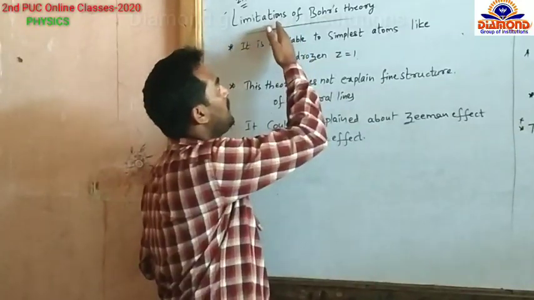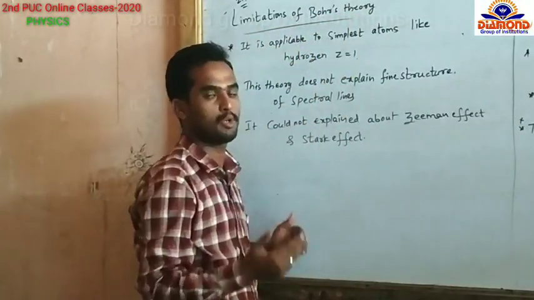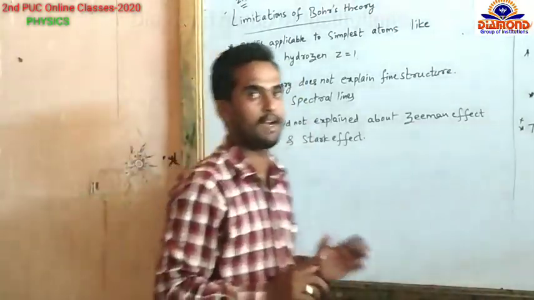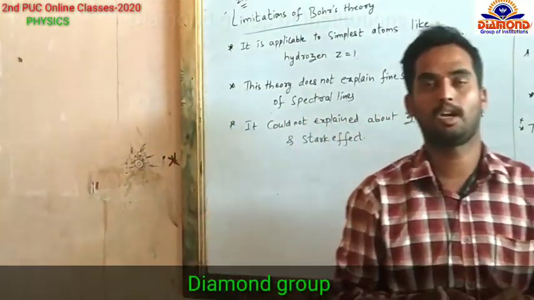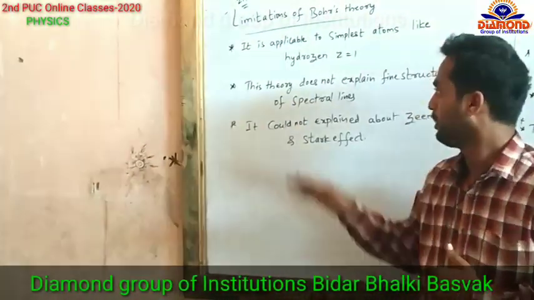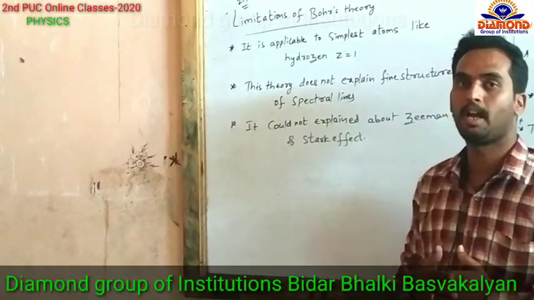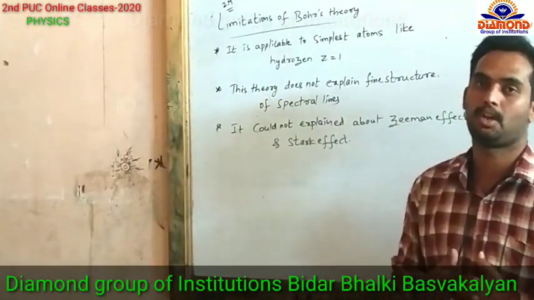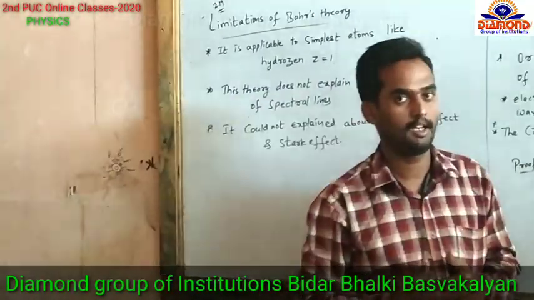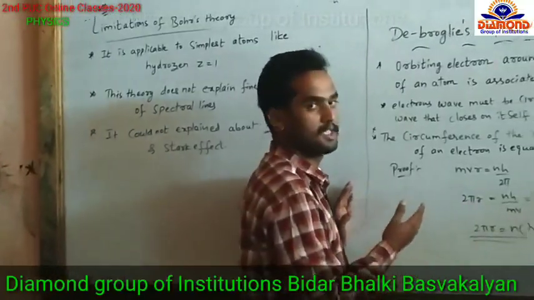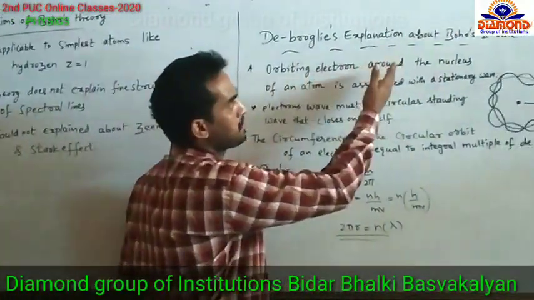So these limitations of Bohr's theory are also called demerits of Bohr's theory. It is applicable only for hydrogen-like atoms and is not applicable for complex atoms. This theory doesn't explain the fine structure as well as the Zeeman effect and the Stark effect. And the last topic we are going to discuss here is de Broglie's explanation of